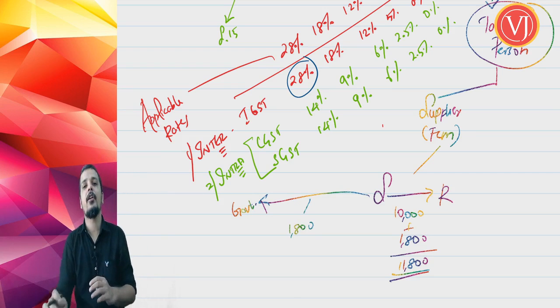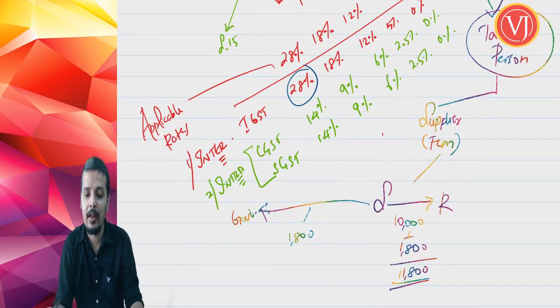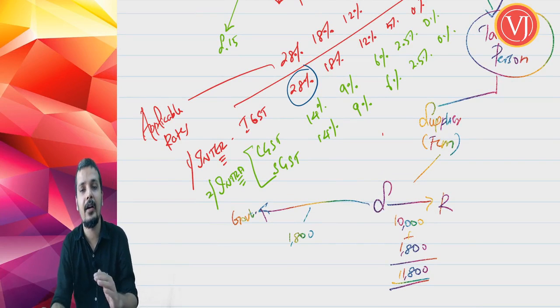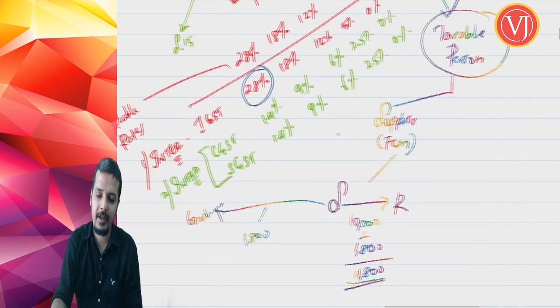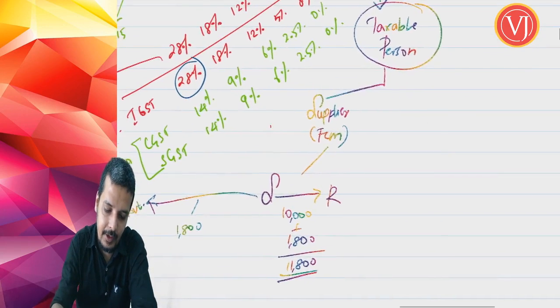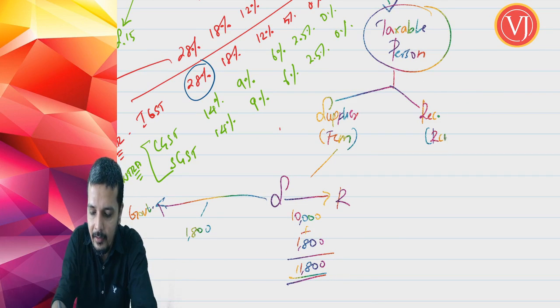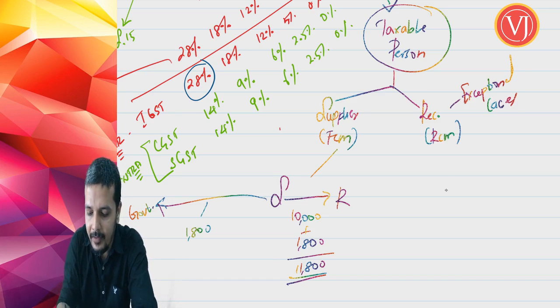Normally when you are talking about a taxable person, you are talking from the angle of the supplier, which is called the forward charge mechanism. But it can be the other case as well. You can talk about the taxable person being even the recipient in rare cases, where you talk about RCM. Exceptional cases. What will happen, friends, in that scenario?